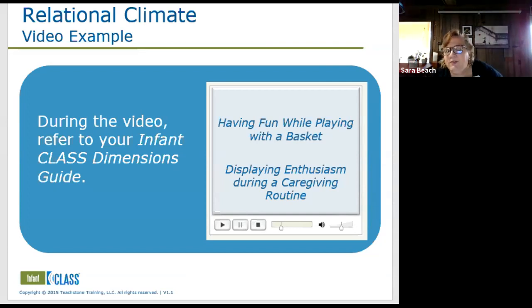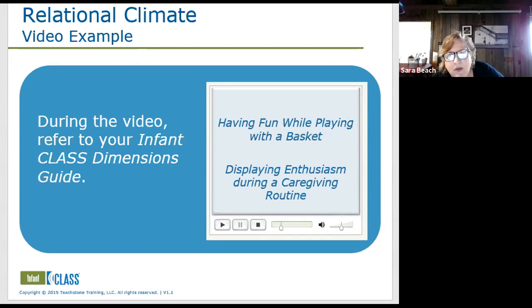So when you learn this tool, and it does take a long time, a lot of study to really learn which behaviors go with these different indicators. But when you get trained to reliability on this tool, you actually learn how to recognize quickly which behaviors are done and when they're done frequently. And in order to score at a high level, to score a 7 or a 6 on this tool, you have to demonstrate these behaviors frequently and consistently.